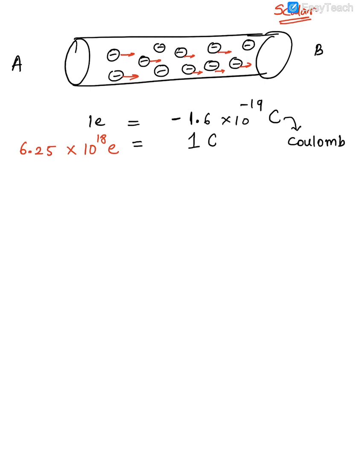So current is defined as what? Current is the rate of flow of charge. Guys, whenever you say rate of flow of charge, rate means what? With respect to time. Just like we had done in acceleration, rate of change of velocity. So here it is rate of flow of charge. So how fast these charges, these electrons, are flowing, that will determine the current. Now the symbol for charge is Q, the symbol for time is T, which is user friendly as usual, and the symbol for current is I.